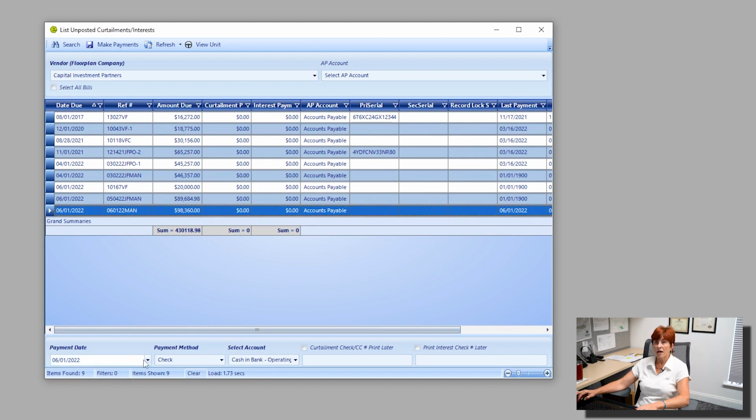And then down at the bottom, we're going to fill in the blanks, the payment date, the payment method, select the account that you're making the payment from,